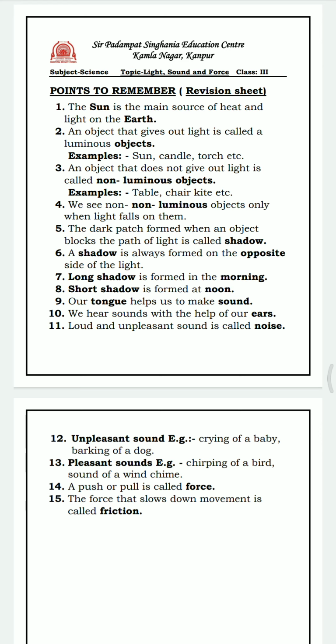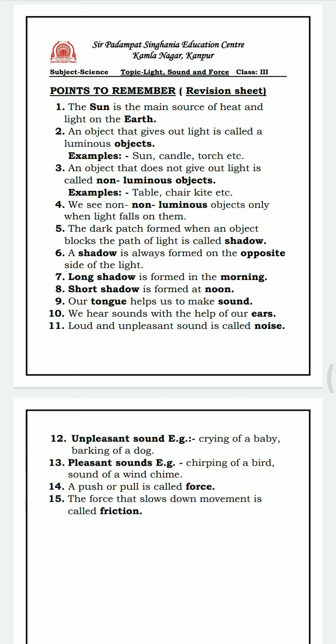Okay, now there are different types of sounds. So what are the different types of sounds? Some sounds are soft sounds, some are loud sounds, some are pleasant sounds, and some are unpleasant sounds. Okay, so when we are talking about the soft sound, an example of the soft sound is whispering. Okay, an example of the loud sound is the ring of the school bell or loudspeaker. These are the examples of the loud sound.